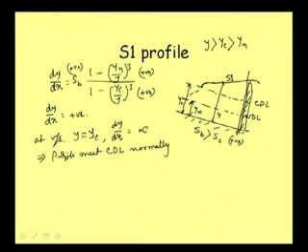Of course, there may be some other combinations, which we will discuss when we discuss the flow profile on a series of channel slopes. If different channel slopes are changing, then how the profile occurs, we will discuss there in more detail. But here, so far as the S1 profile is concerned, it will meet the CDL line normally, and then it is always rising like that. And at the downstream,